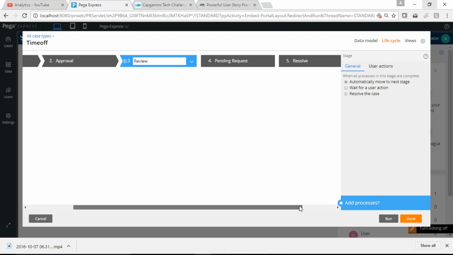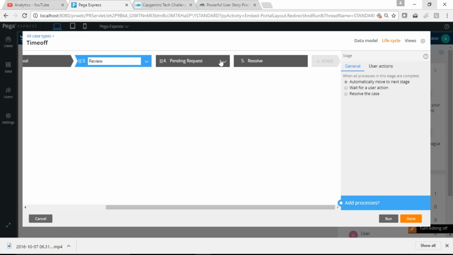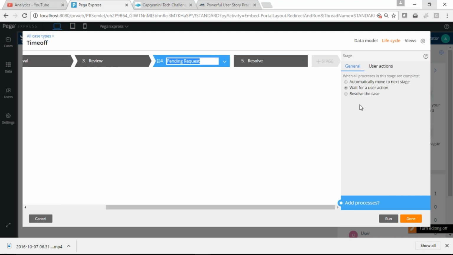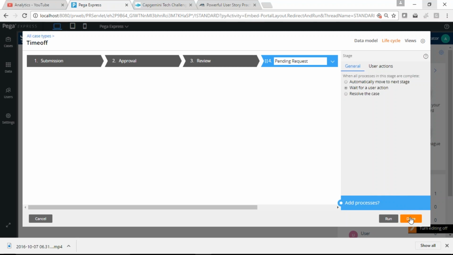So it will look this way. From pending request, we can change it again to user action. Oh, sorry, it needs to be this way only. Okay, so we have done that.